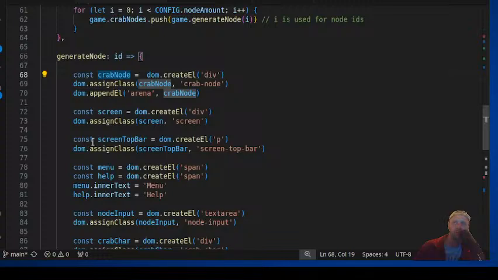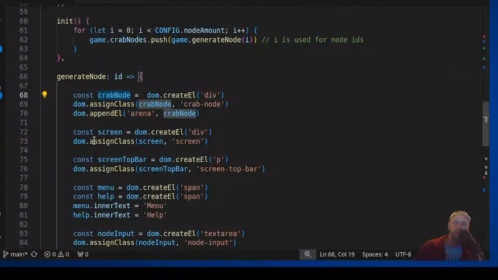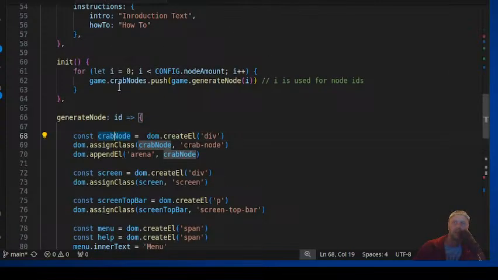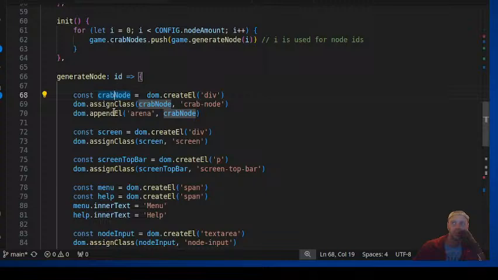So I'm creating all these elements. So first of all, each one of these needs a listener. Crab nodes dot put, generate node ID. And then right here at append element, I assign crab node to an arena. This is going to be good. All right, so